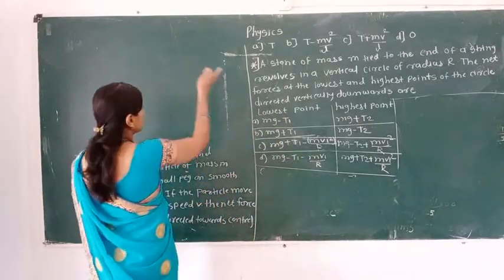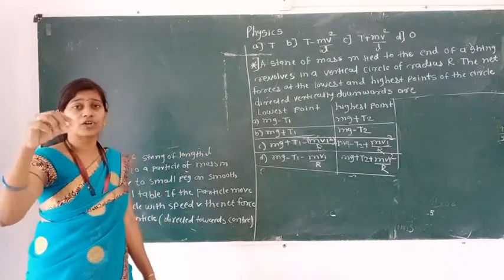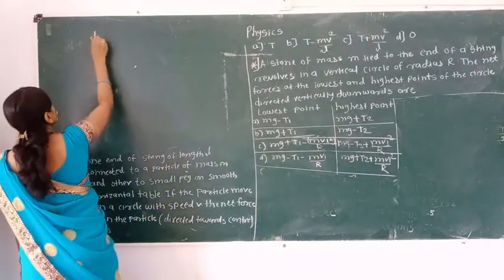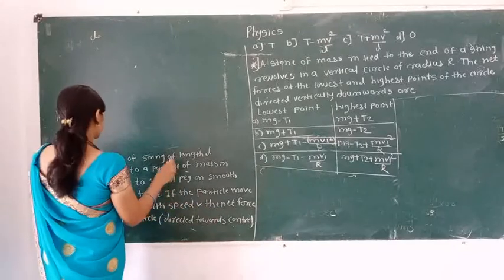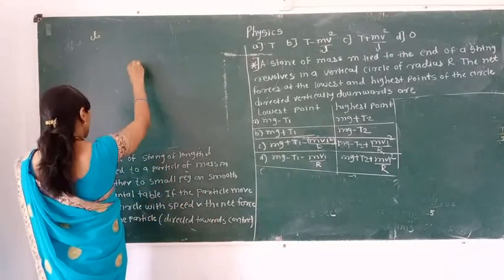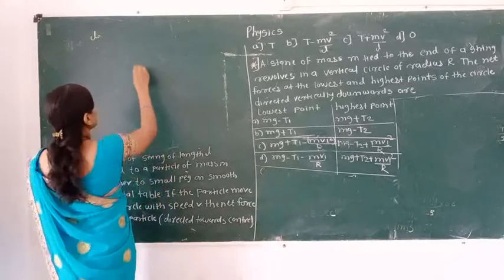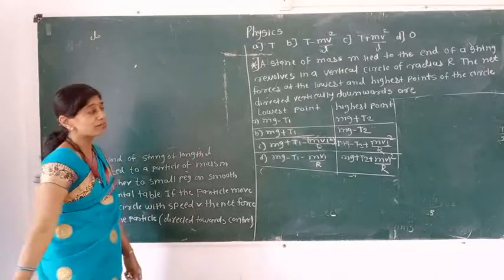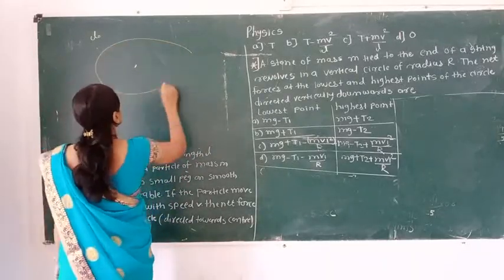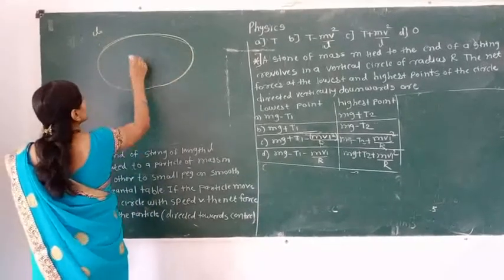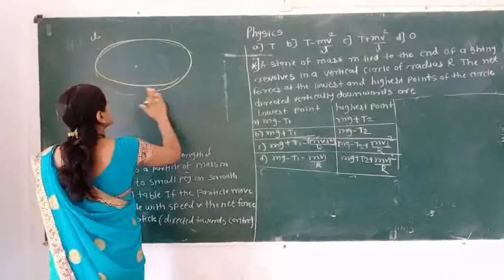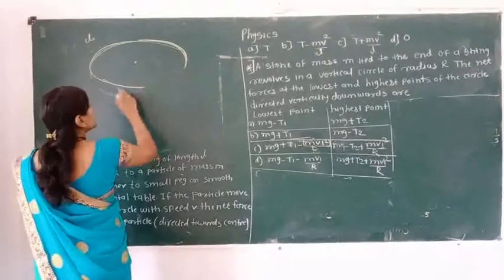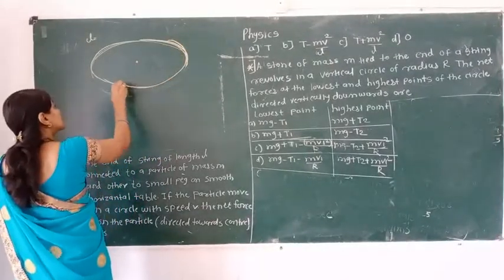Simple is there here, a horizontal table is present there, on that table one bolt is present there. So this bolt, see that L is the length of that string, the string is connected to that peg, otherwise we can say bolt, and another end is connected to the mass. That mass is going to revolve, it is moving in a horizontal circle on that table. So here it is present at the center, and we have to find out the necessary centripetal force.